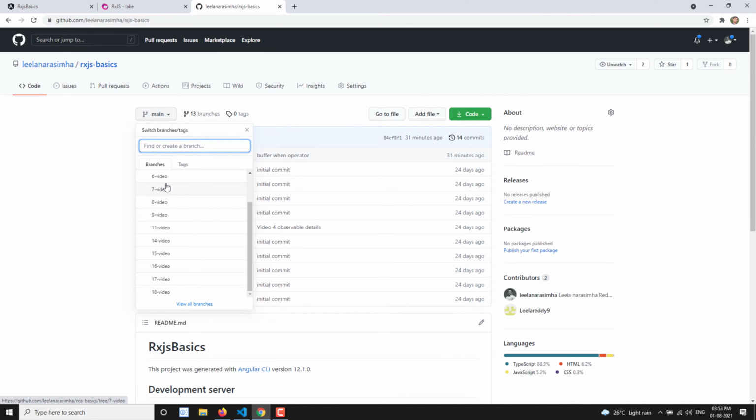In these branches, each video has a separate branch, so whatever code I have explained in that particular video, you will be able to find in that branch. The main branch will have the updated code, the latest code up to here. If you want to see what code is present at a particular video, you can go to that branch and check it.